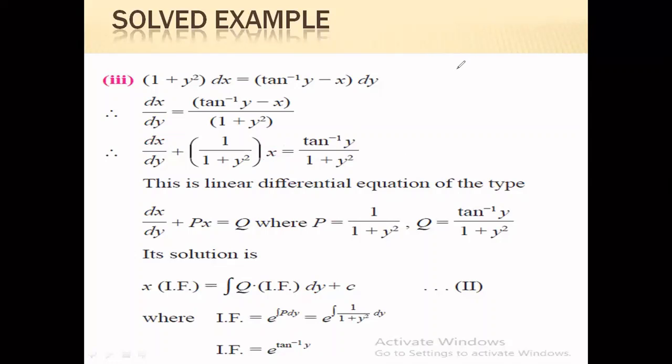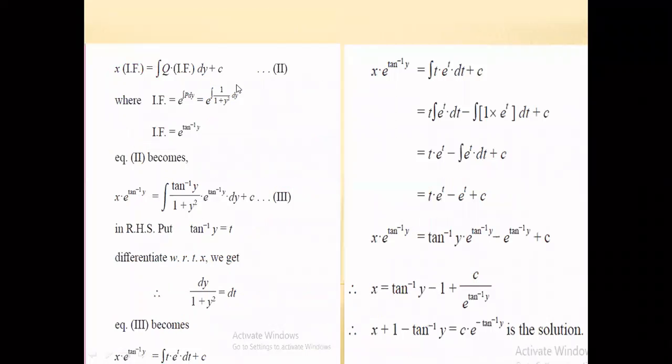Now when we substitute all this value in the formula, so we get the equation of the form like, look at this, x into IF is equal to integral q IF dy plus c. IF हमने फाइंड कर लिया तो अब सब्स्टिट्यूट कर दे, हमने सब्स्टिट्यूट कर दिया, this is the value of q, this is our IF dy plus c. Now when you simplify the term, it is a complicated or complex function. Now to find the solution, we simply use the method of substitution, and this method of substitution is put the value of this tan inverse y is equal to t, because this is our inverse function. So we will try to put this tan inverse y is equal to t.